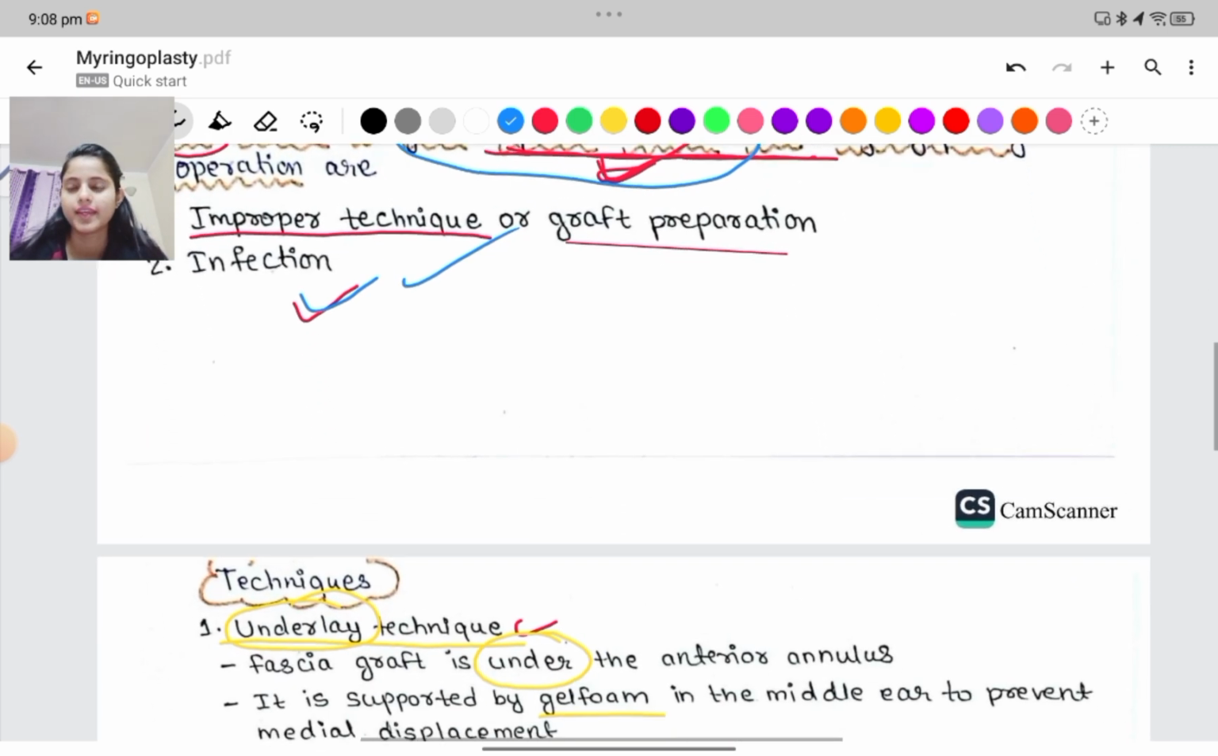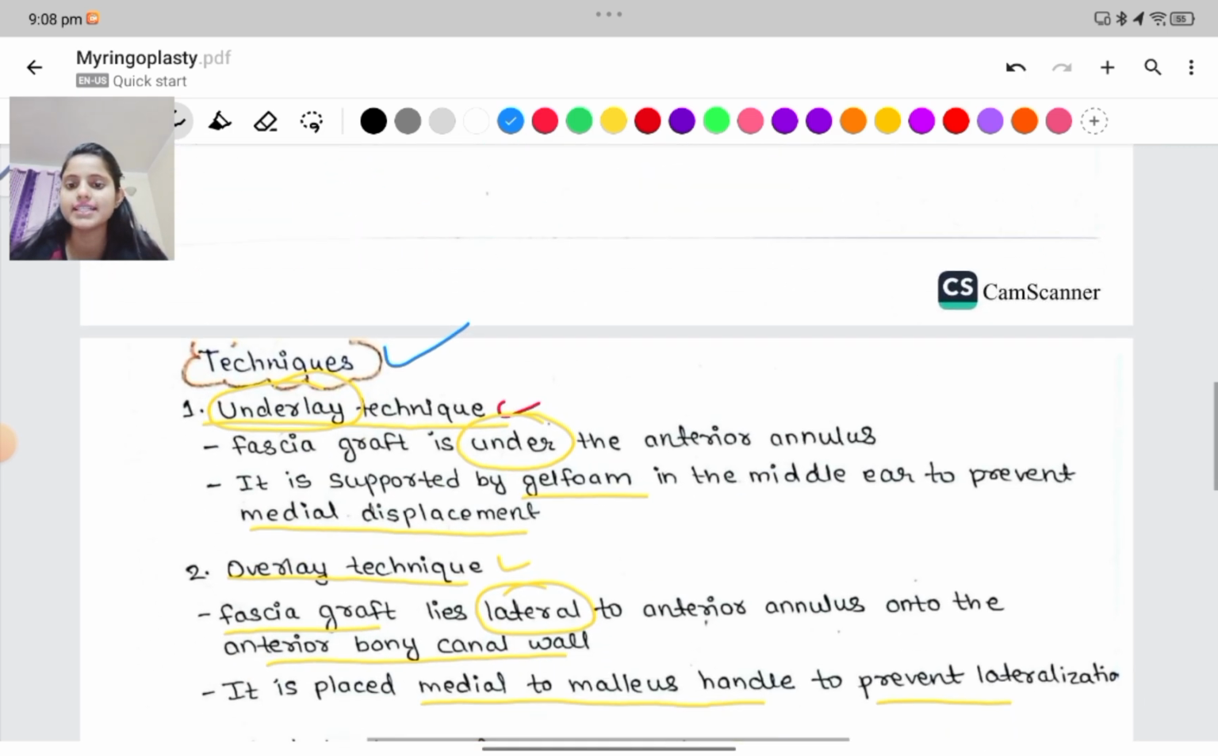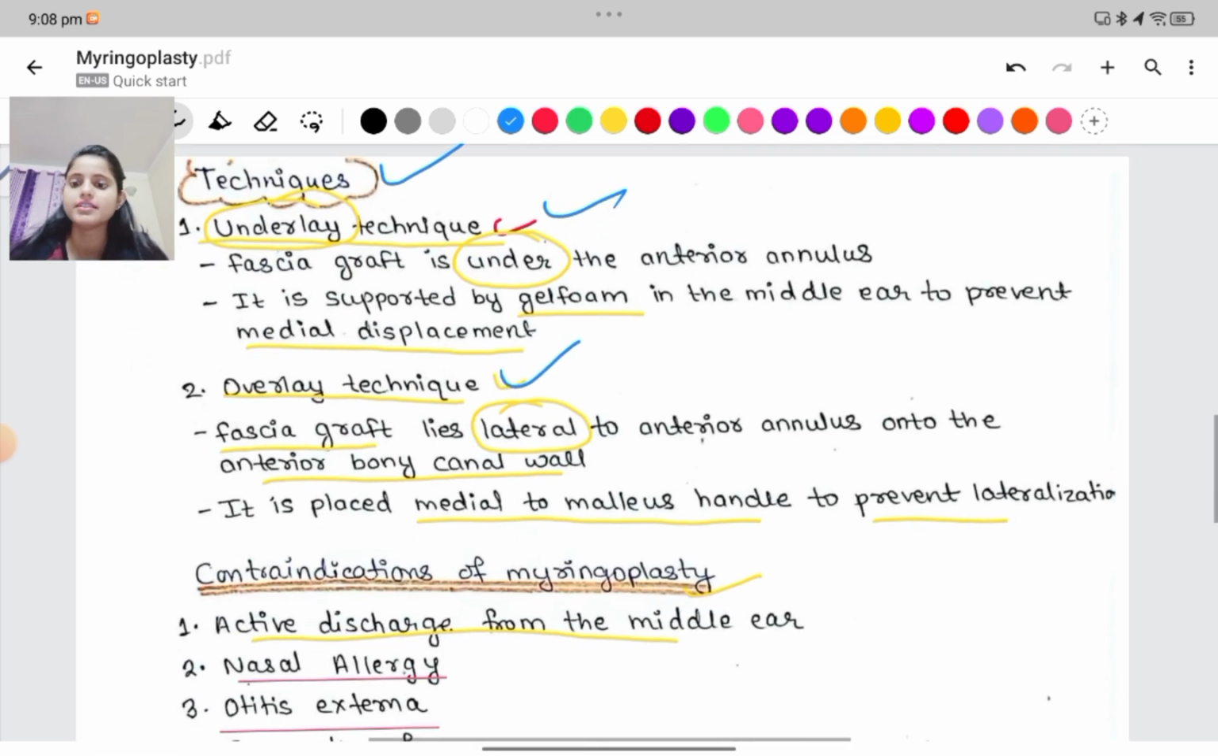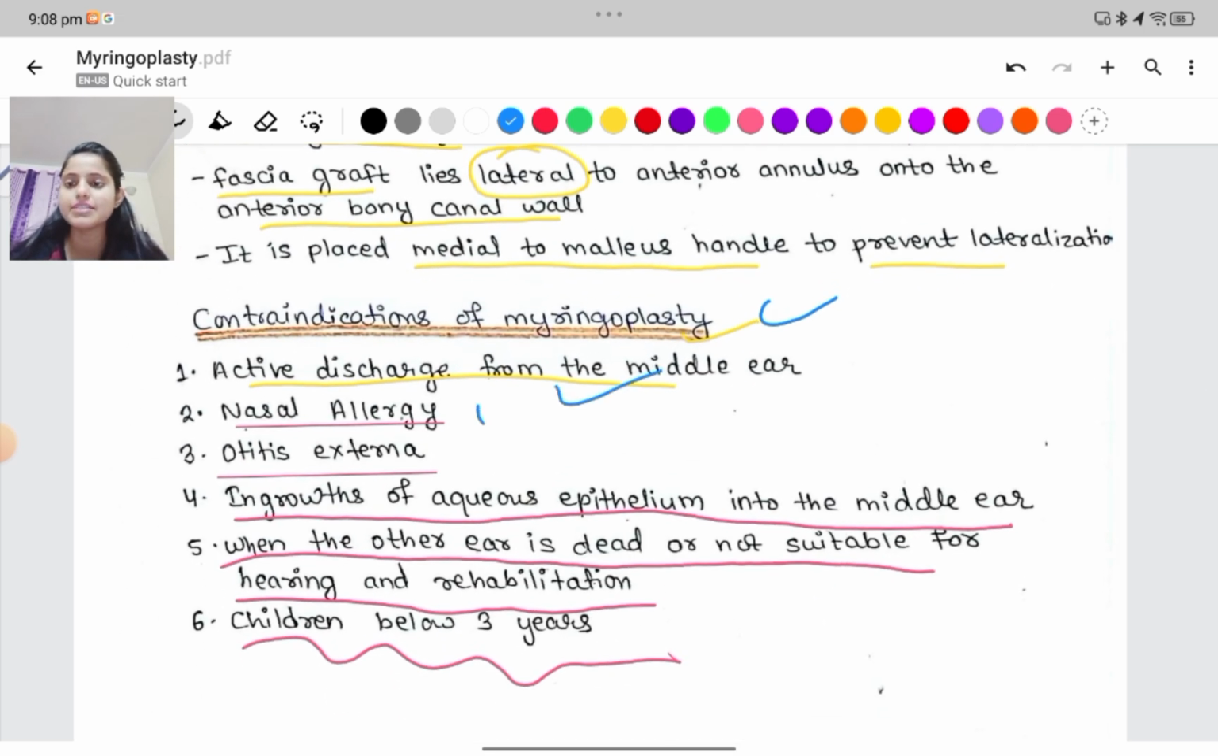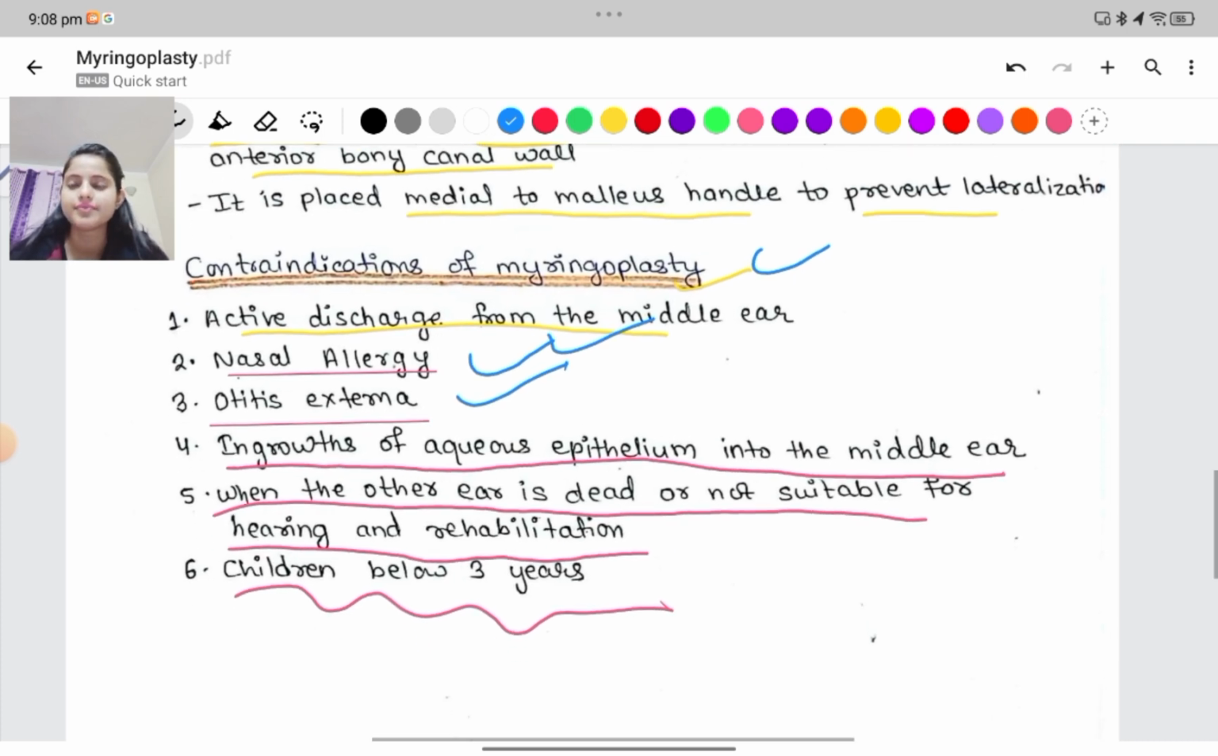The techniques used are the underlay technique and the overlay technique. And the contraindications are: if there is active discharge, nasal infection, nasal allergy, otitis externa, a child below 3 years of age, when the other ear is dead or not suitable for hearing and rehabilitation, and ingrowth of squamous epithelium into the middle ear. This is all about